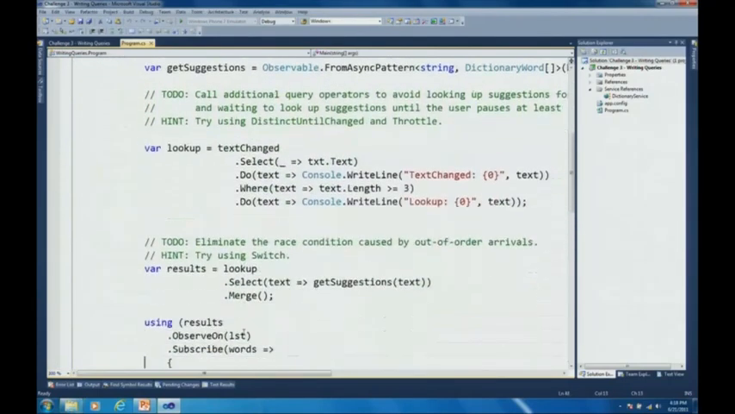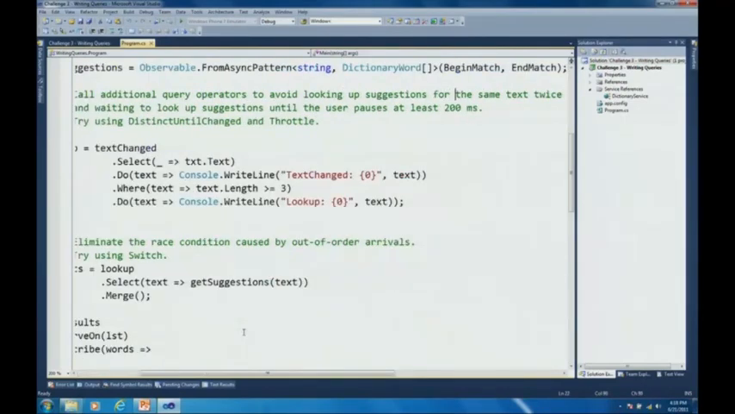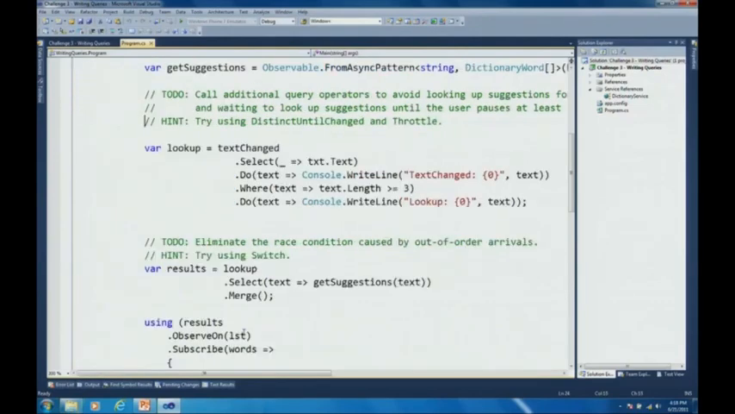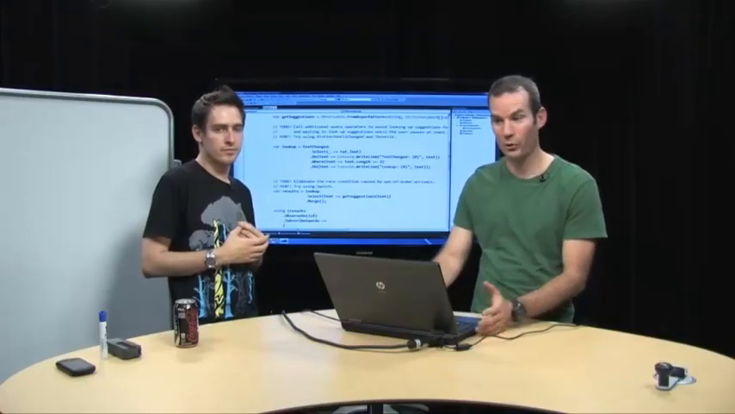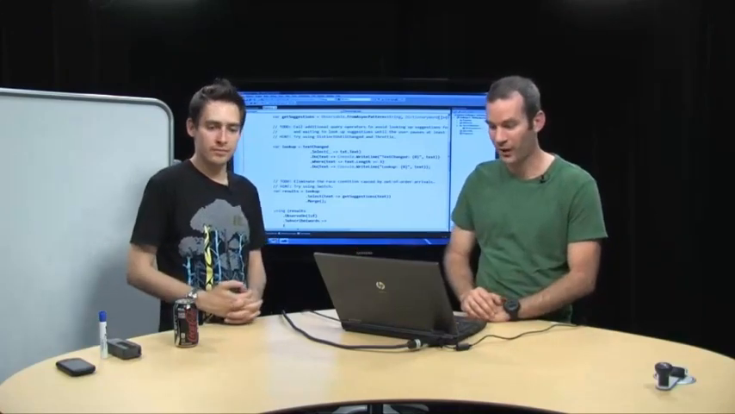And in the challenge, what you need to do now is update this to avoid looking up suggestions for the same suggestion twice, and also to wait until the user pauses for at least 200 milliseconds. We have a hint about which type of operators to look at. There are lots of ways to do it. You don't have to do it the way we've described. The second thing you want to do is eliminate a race condition here that's caused by out-of-order arrivals. So you want to look at the docs possibly to figure this out,